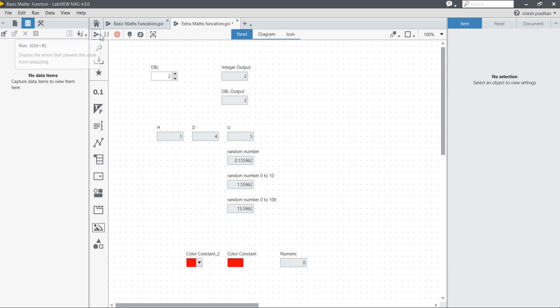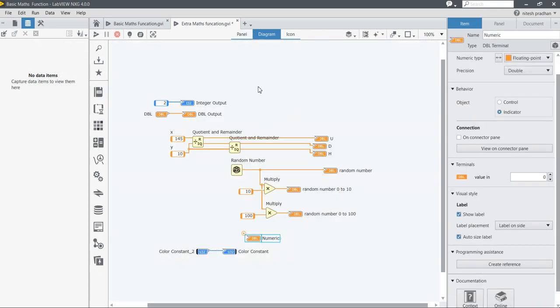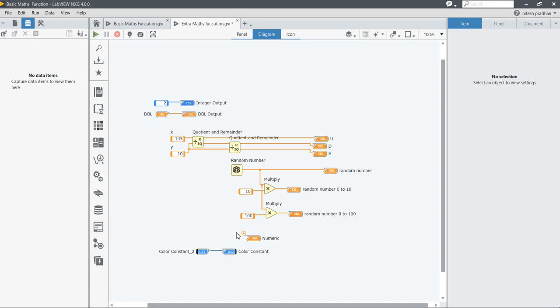Look at here, your run button is broken. Why? Same as LabVIEW, if you make any wrong connection or data mismatch, the run button will be broken here. So we can use our Ctrl+Z concepts.